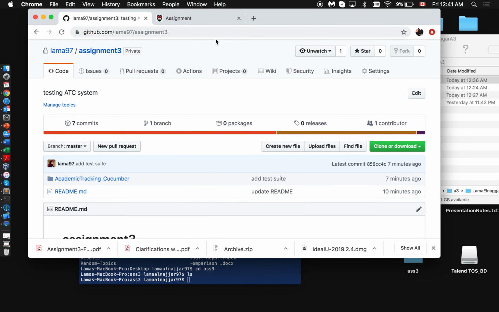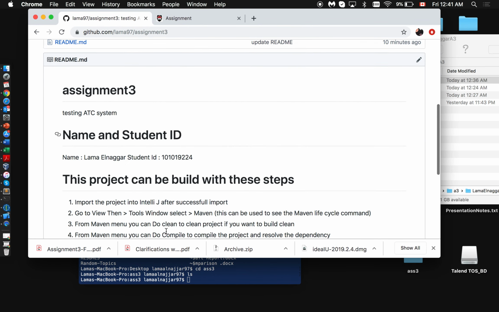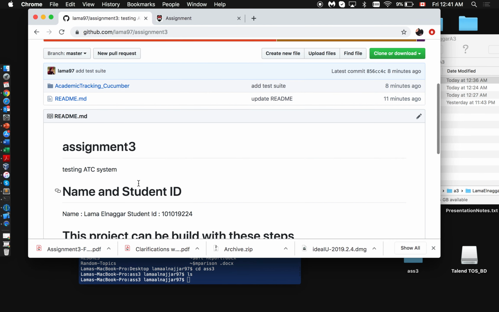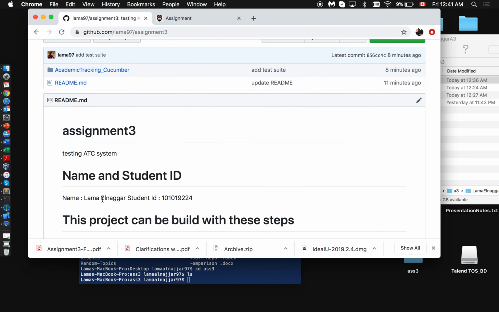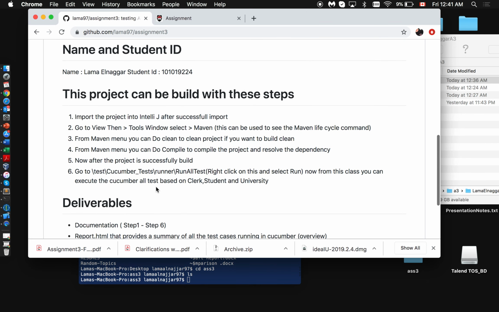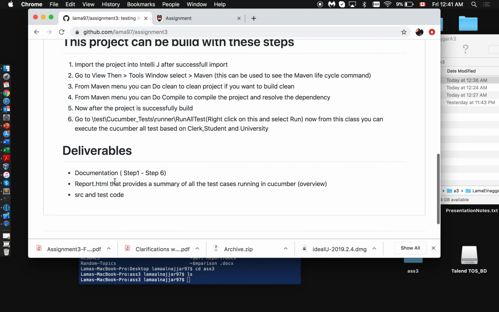For COMP4004. So this is my repository. This is the given README file, and I have provided my name and student number. I did provide the building steps to run the tests and what are the deliverables that I will be including. I'm including a documentation that includes all the use cases starting from step 1 to step 6, and then I